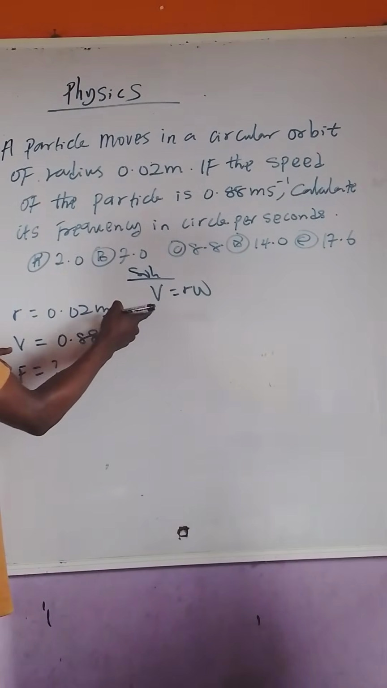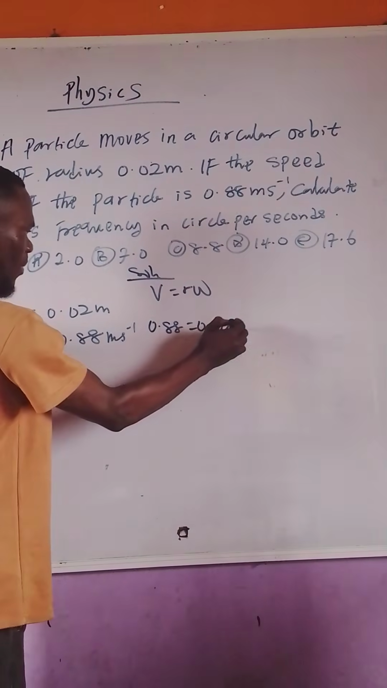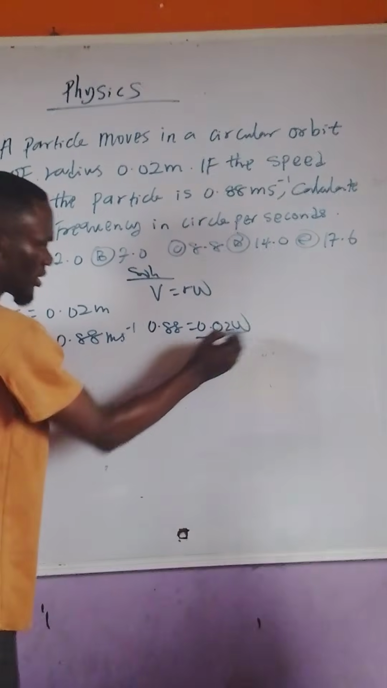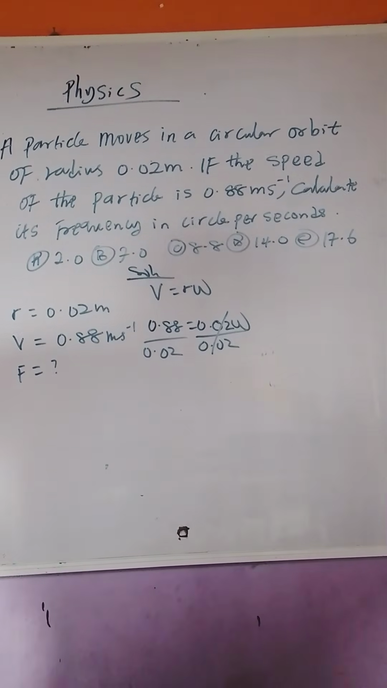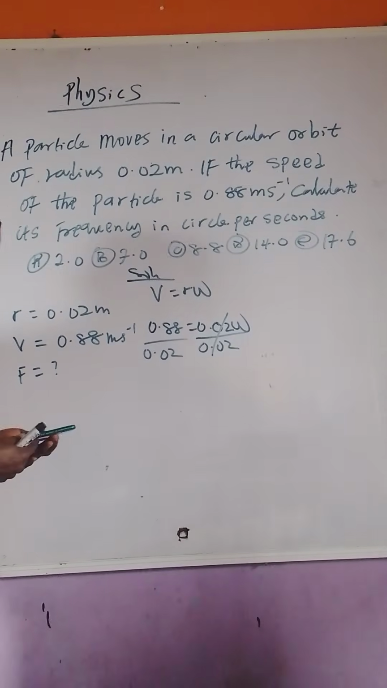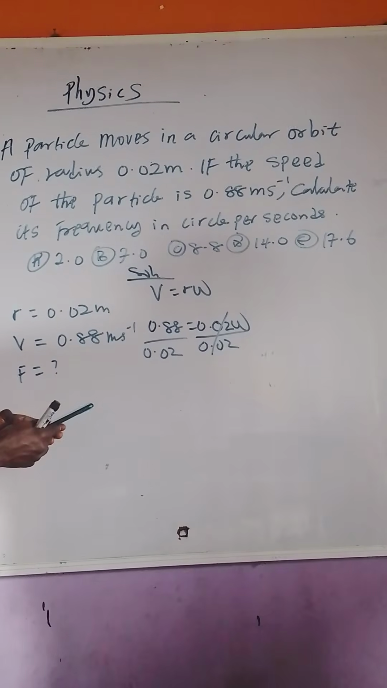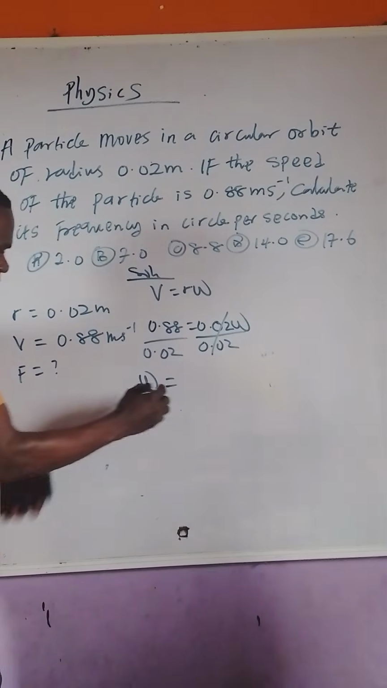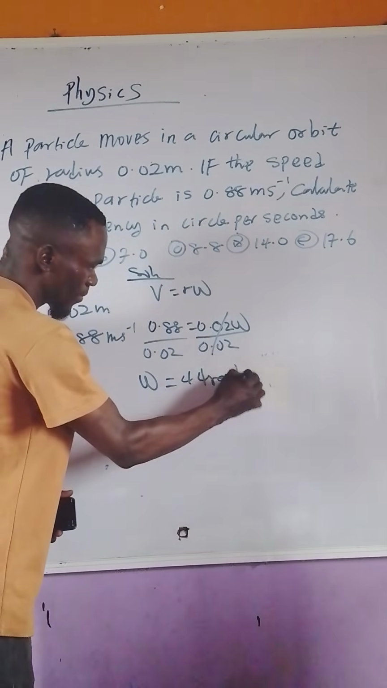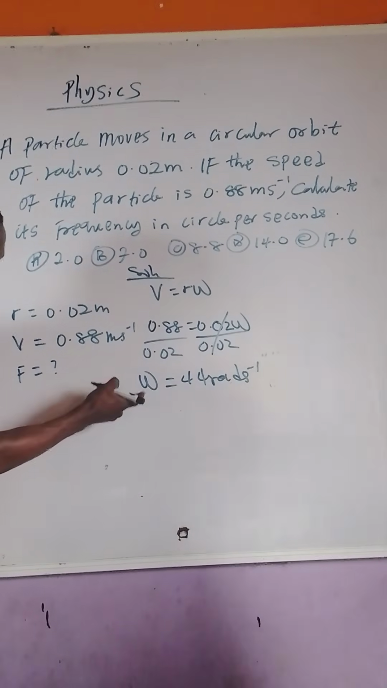We have v equals 0.88, equals r, which is 0.02, times omega. Let's equate it: 0.02 and 0.02 cancel out. Now when we divide 0.88 by 0.02, we get 44. So the angular velocity is 44 radians per second. Good. Now, after you've got this, we can get the frequency,